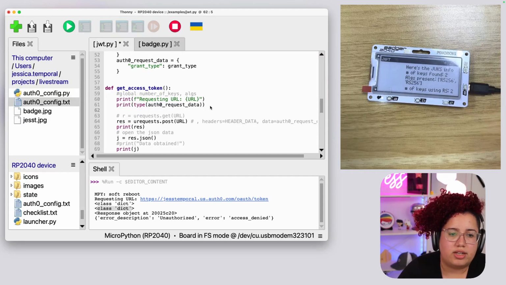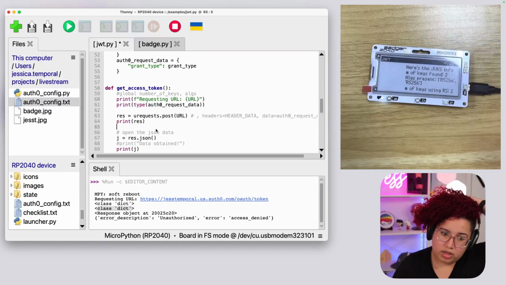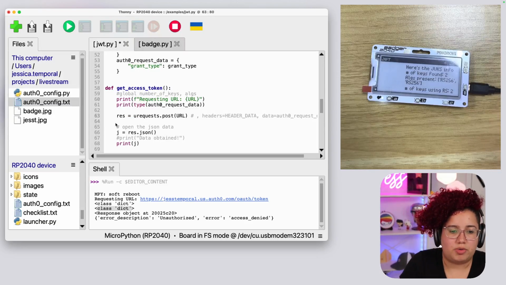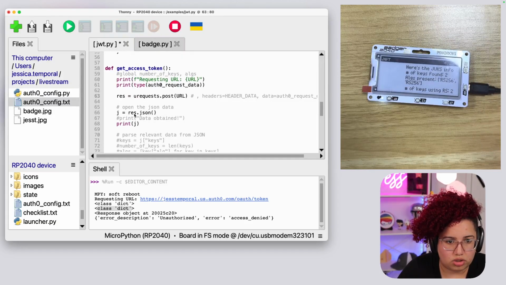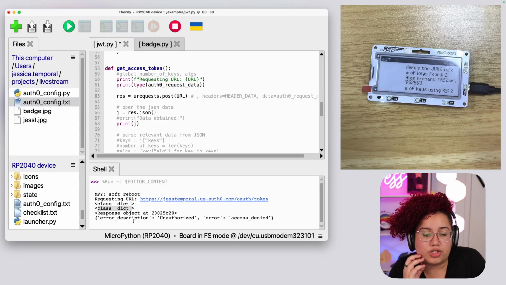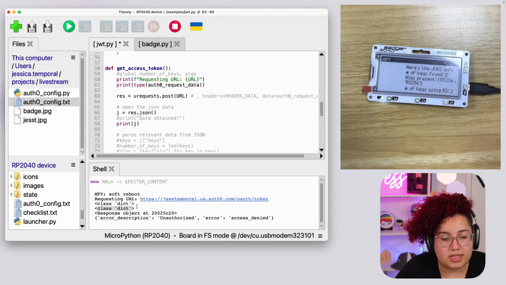Okay, I'm going to clean this up a little bit because I'm getting tired of seeing all these random comments and prints everywhere. So I don't need to print out the response. I know that it is a response object. Okay, that's good. So the data showed me that we had an error because when you do a request to that endpoint, if you don't put in the right credentials or don't put in any credentials at all, that's what I did, you're going to get an access denied, which makes sense.